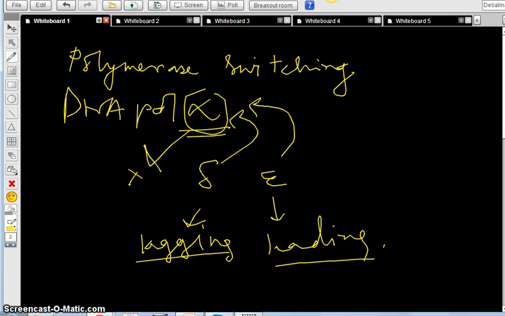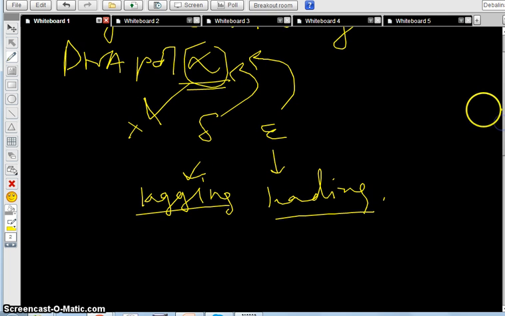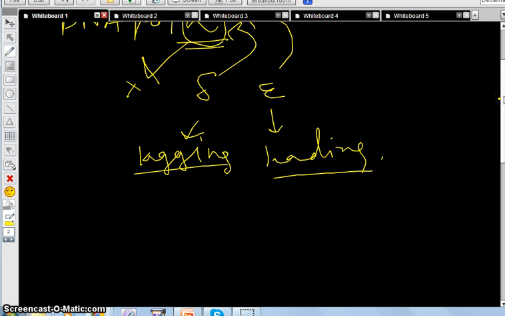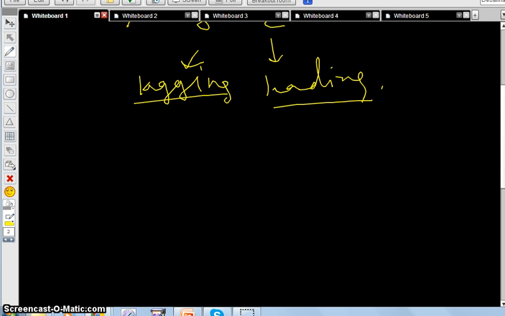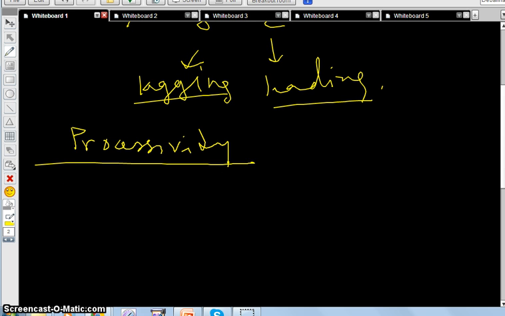Now, each and every DNA polymerase has a specific characteristic which we call processivity. This is called processivity. Now, what is this processivity? It is nothing but how many nucleotides are added per binding between the DNA polymerase and the DNA template. As we know, if this is the DNA, and the DNA